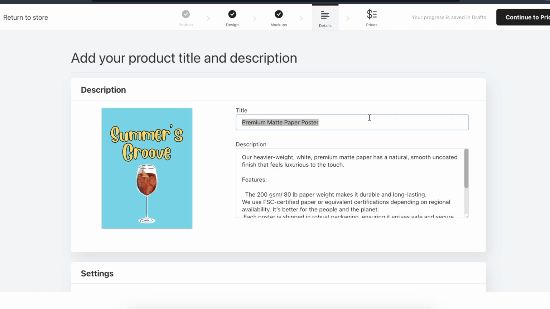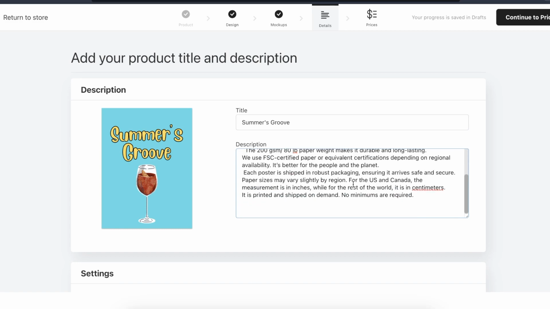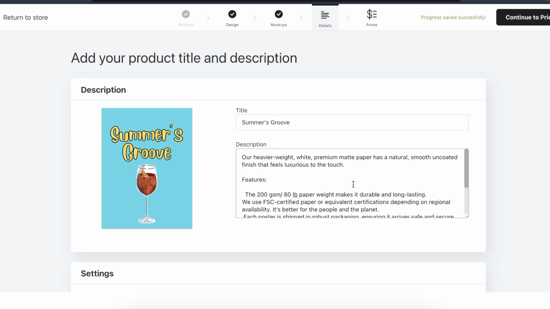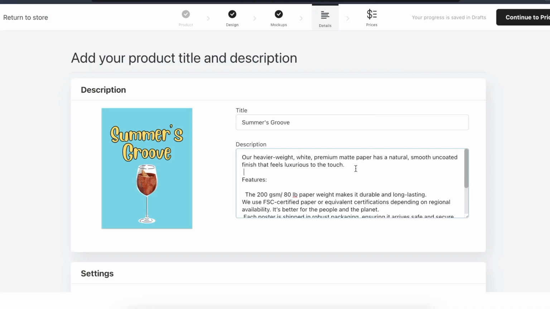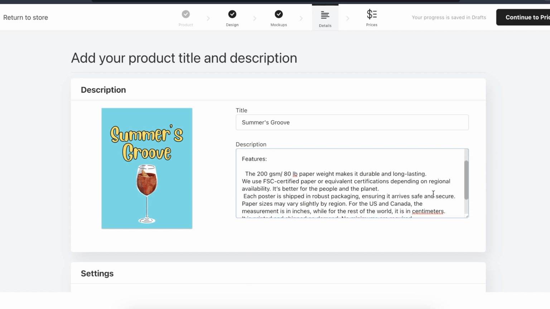and now you're gonna write down your title. And here on description, I'm not gonna show you how to write the whole description, but basically I suggest you to go to, for example, Shopify sellers, and after that look what they are writing on their products. Of course, add some type of information from Gelato, because you can actually write the features of this poster, like its paper weight and that it's durable, long lasting,